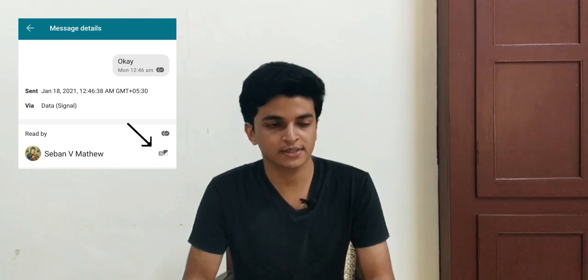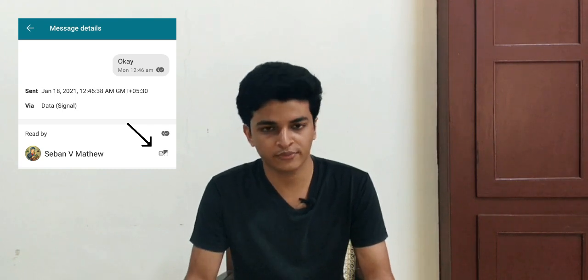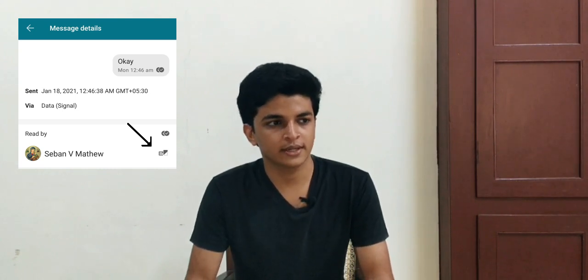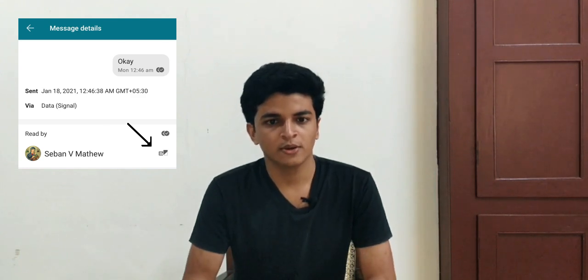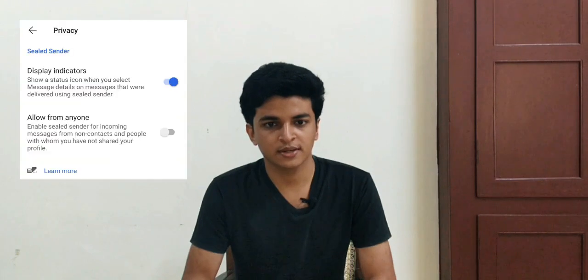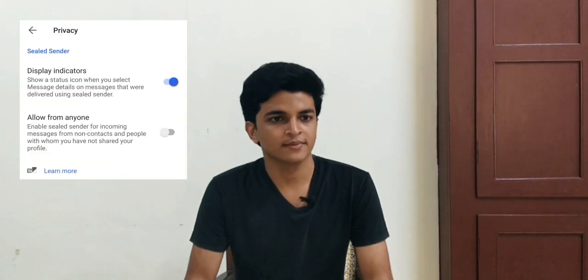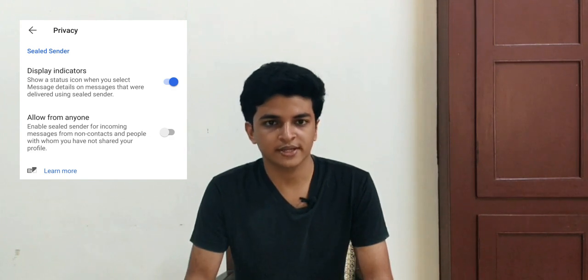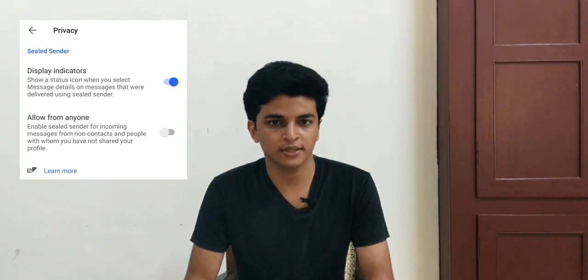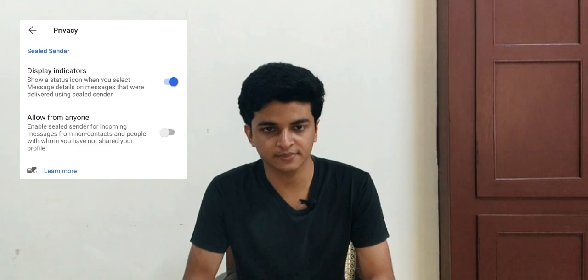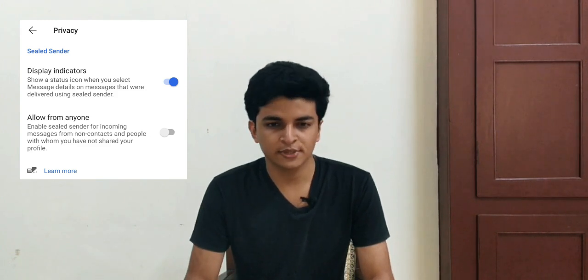If you are not seeing this icon, it simply means that you or your friend have not updated to the app's latest version. Now the next one, allow from anyone. If you turn this option on, anyone who is not in your contacts can send you a message via sealed sender. I actually recommend all of you guys to turn this feature off.